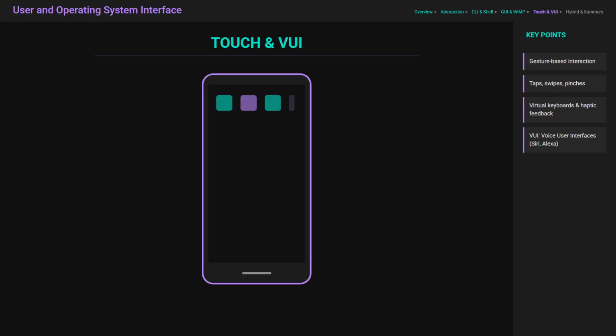The third dominant interface is the touchscreen interface, widely used on smartphones and tablets. While it is a form of GUI, it relies on gestures rather than a mouse. The operating system must recognize actions like taps, swipes for scrolling, and pinches for zooming. Because physical keyboards are often absent, these systems provide virtual keyboards and frequently use haptic feedback, small vibrations, to confirm